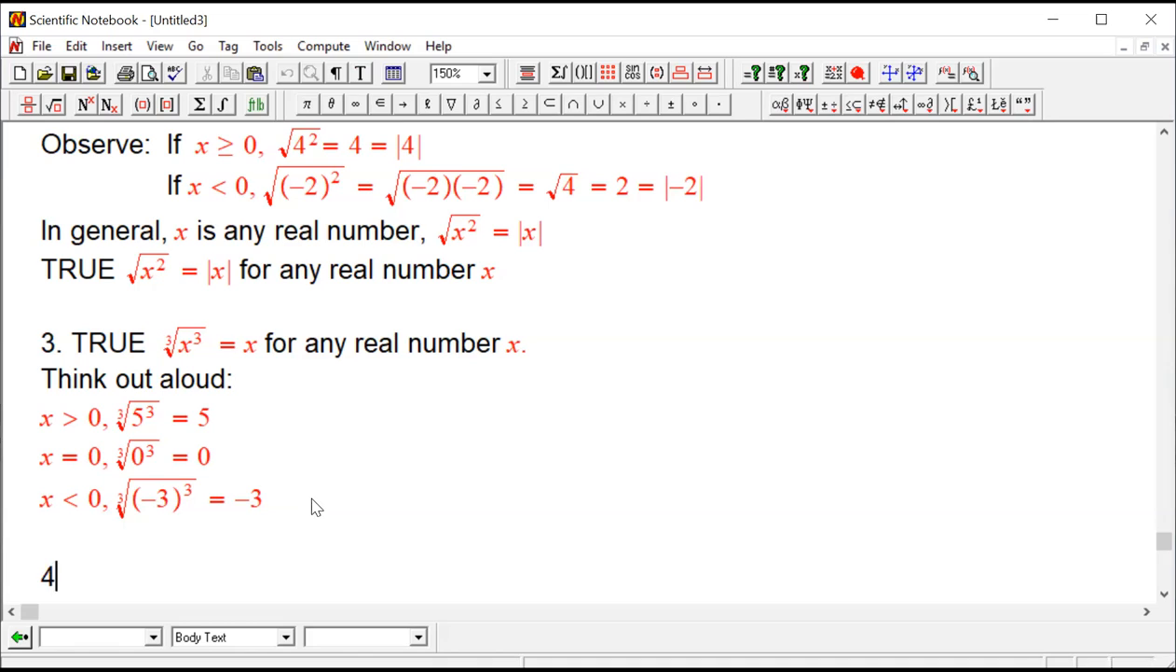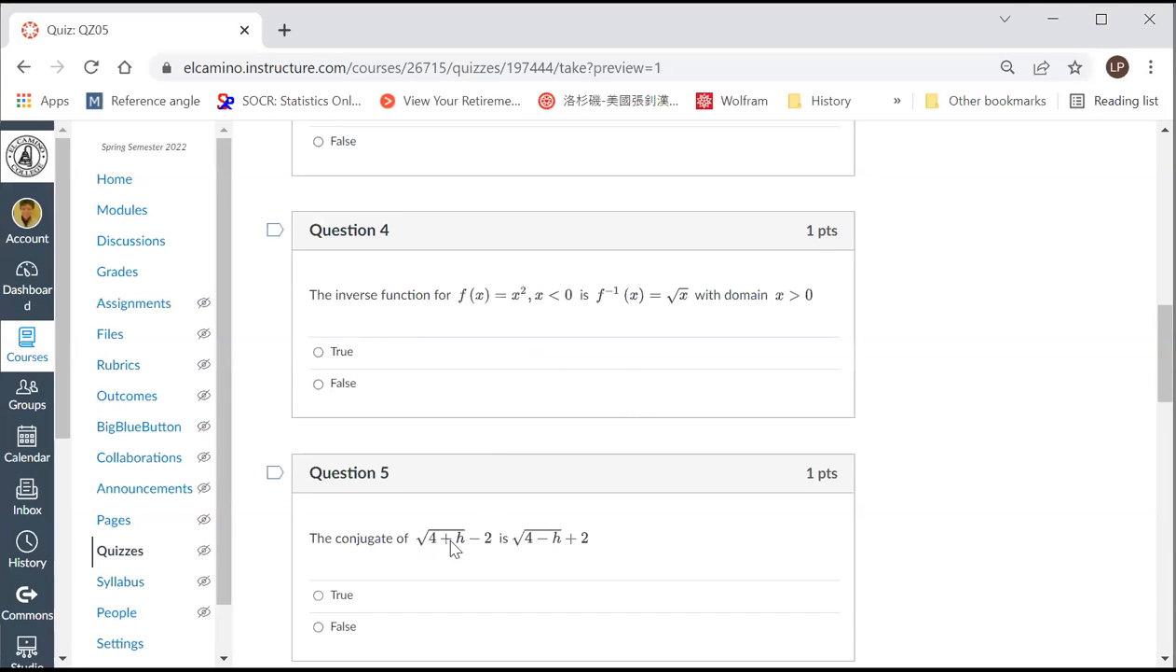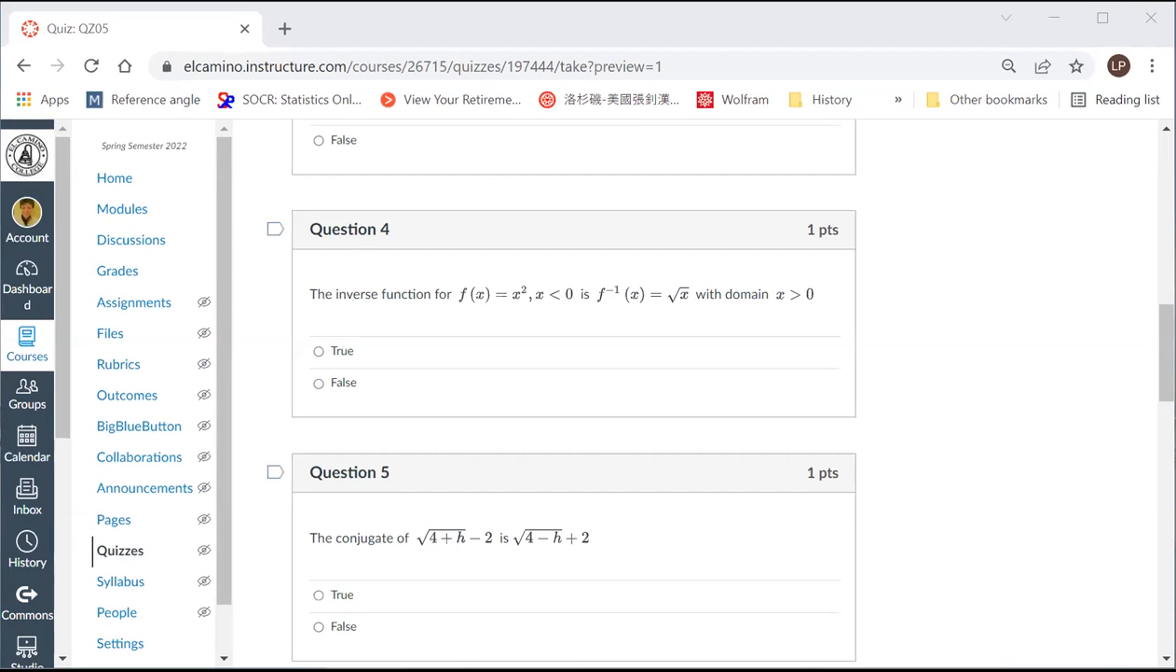Now let's look at number 4. What's on number 4? Number 4 is an interesting one. So let me show you number 4. In number 4, we have the inverse function. Hold on, I'm going to write down the question. It says the inverse function